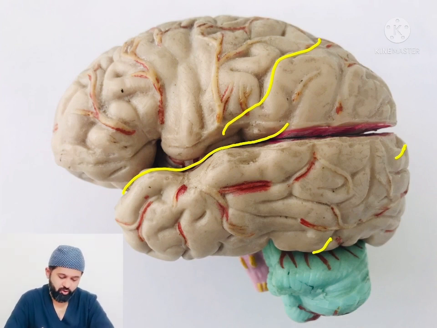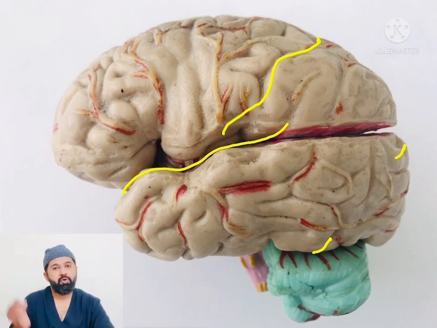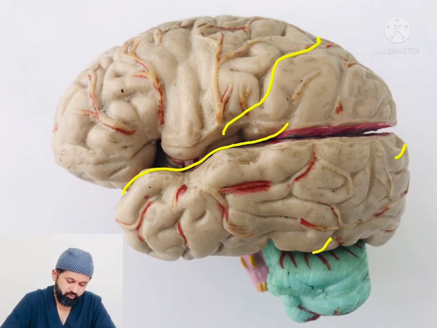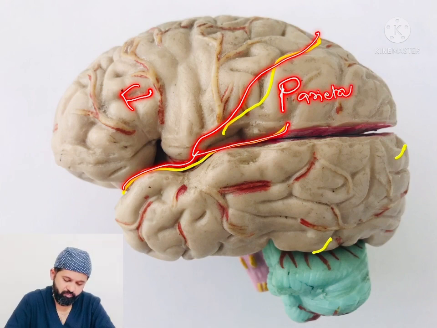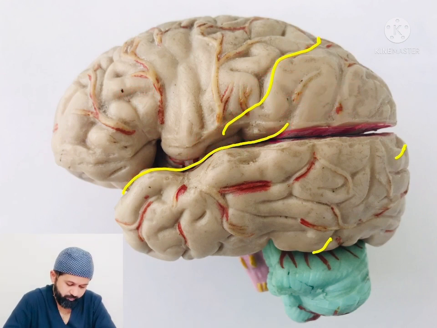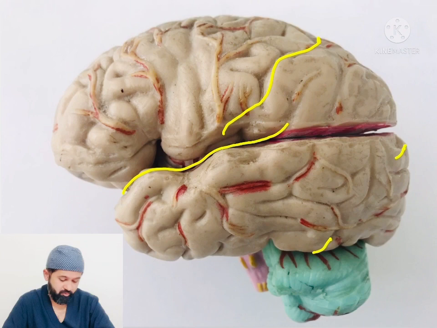This sulcus is just short of the Sylvian fissure and does not actually reach up to it. It just stops before the Sylvian fissure, but it reaches up to the superior medial surface, and a part of the central sulcus also lies on the medial surface. So the part of the brain in front of the central sulcus and above the Sylvian fissure is known as the frontal lobe, and the part of the brain above the Sylvian fissure and posterior to the central sulcus is known as the parietal lobe. Right. So as we can see in this diagram, the frontal lobe is the largest lobe of the brain. So let's look at the main sulci and gyri of the frontal lobe.